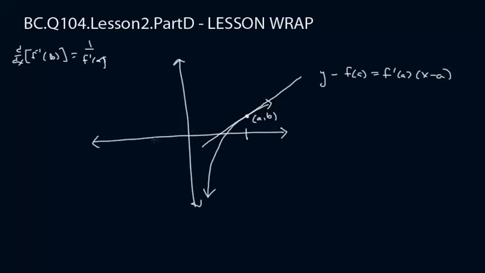Now, if you remember from last year, the inverse is going to be a reflection over the line y equals x. So the inverse is going to look something like this. It's not necessarily the greatest drawing, and that is going to pass through the point b, comma a. If you recall, this is y equals f of x, to find the function y equals f inverse of x, you have to switch the x and the y. So if I do that,